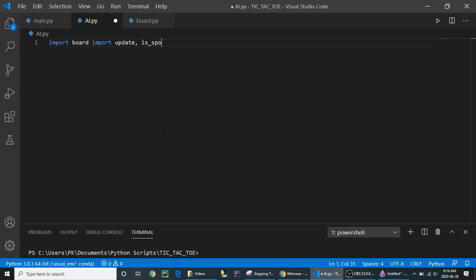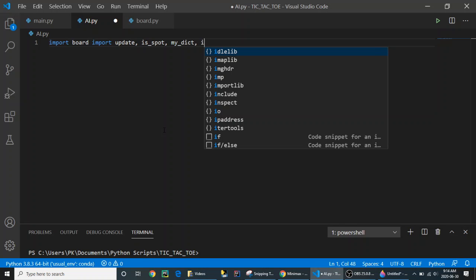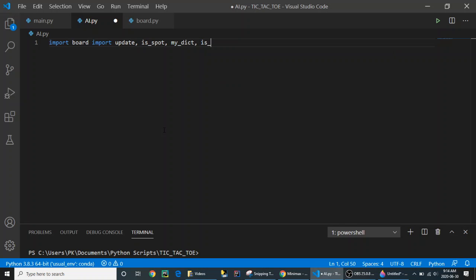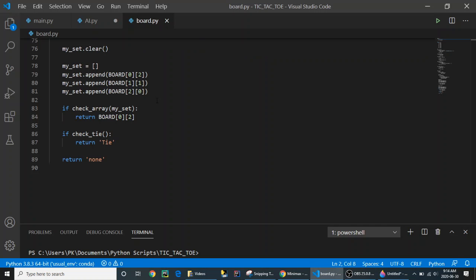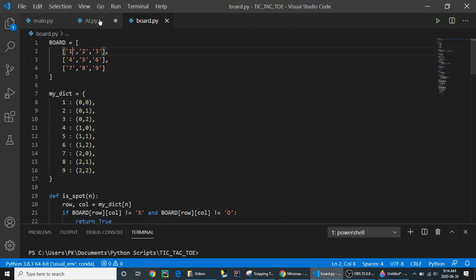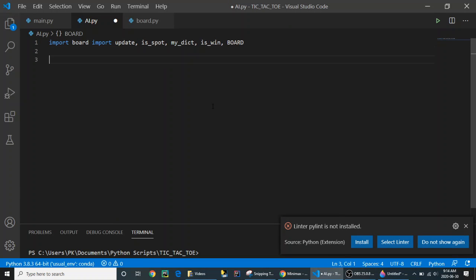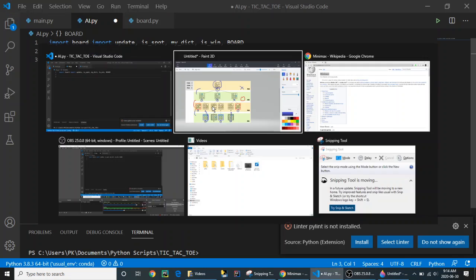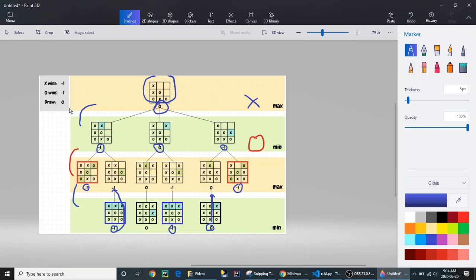So we want to import all of these important methods and data from the board file. So we want that main board. Let me just see what it looks like. Did I have board in all caps? Yeah. Okay. And then we want to basically create this dictionary right off the bat so we could do our